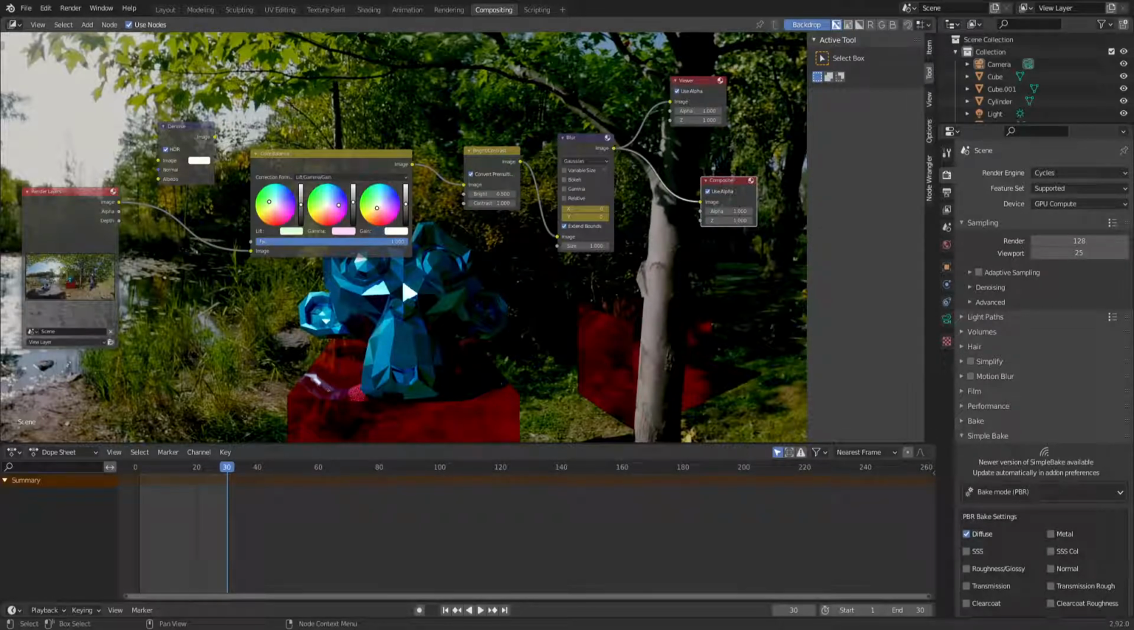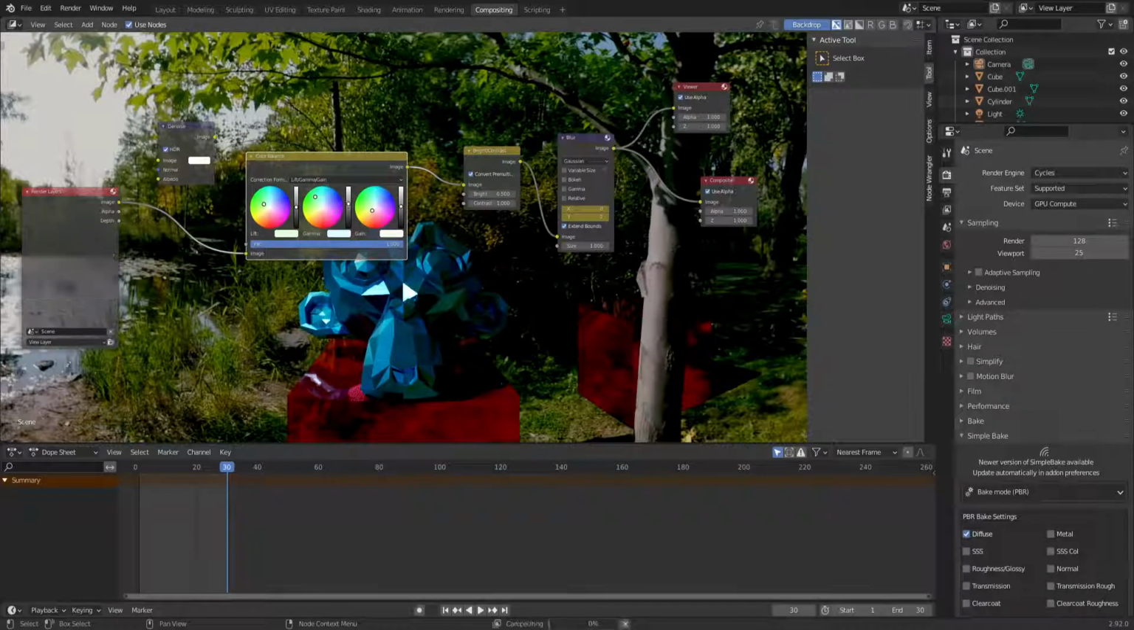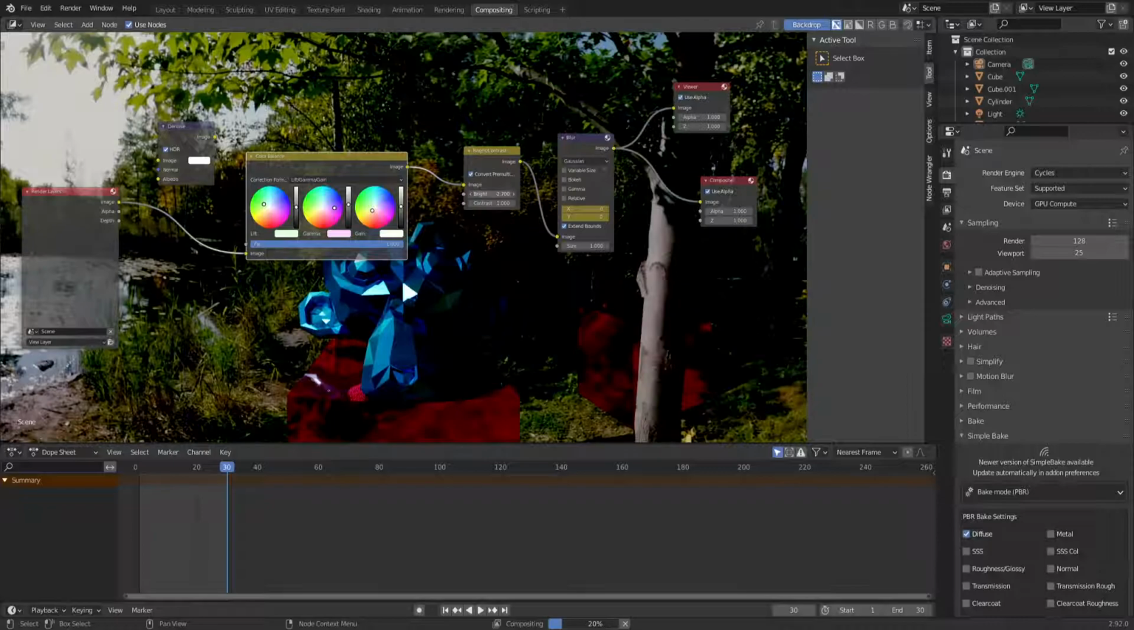When you click on use nodes, you have a render layer that appears and a composite. I also have a viewer to show the rendered scene in the background with the composite effect, and in between you can have different nodes to have different effects like color balance, and then brightness,